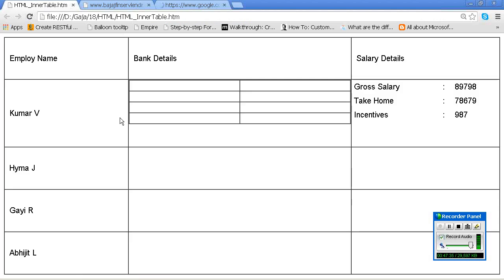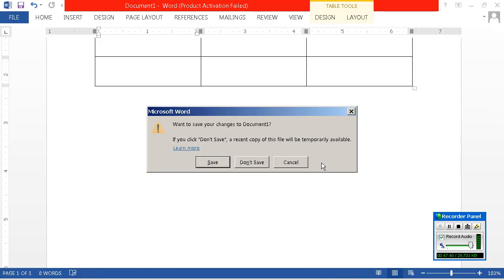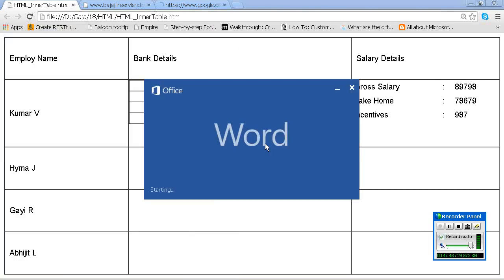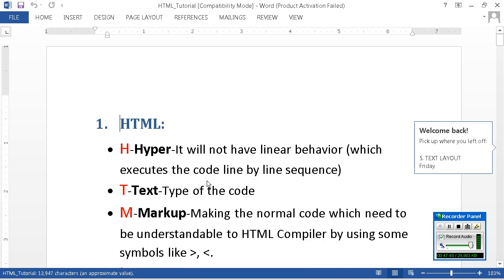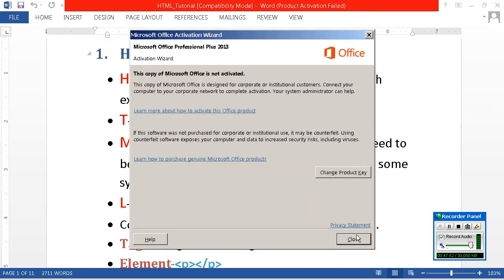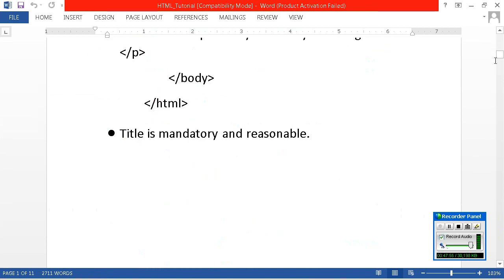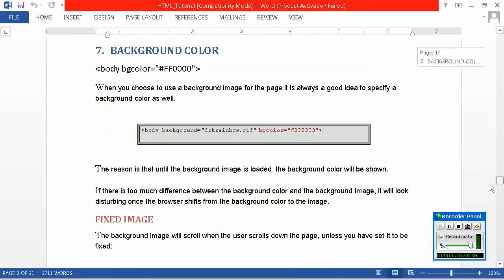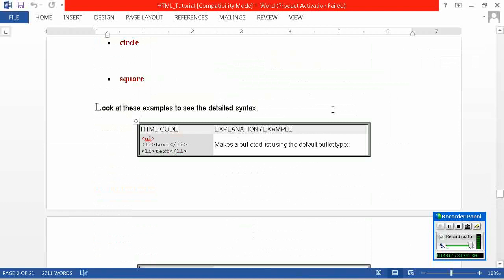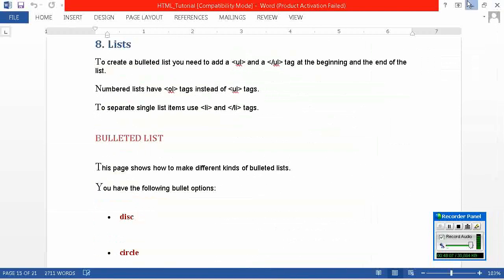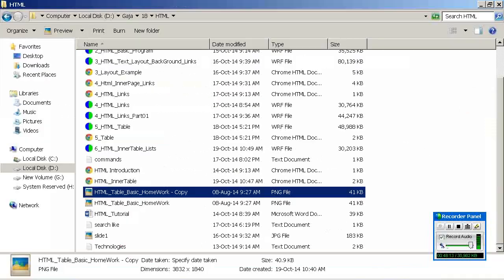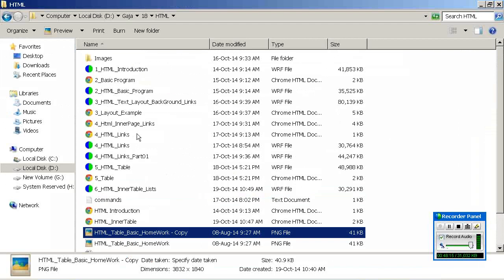Certainly I will tell you. So you have understood about table, right? Okay, now I will tell you about list. What is the concept of list? What is a list? I will tell you. See, in the class before last week, we discussed HTML inner link types. What is that? Inner page.